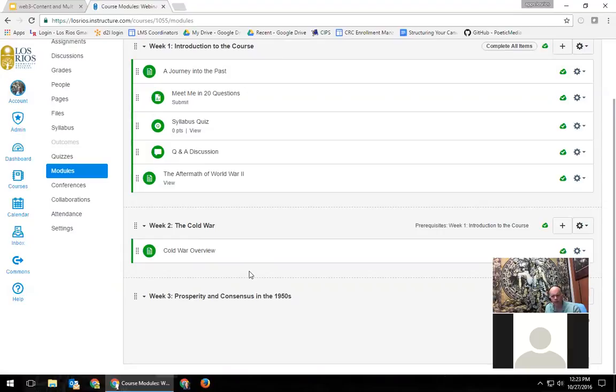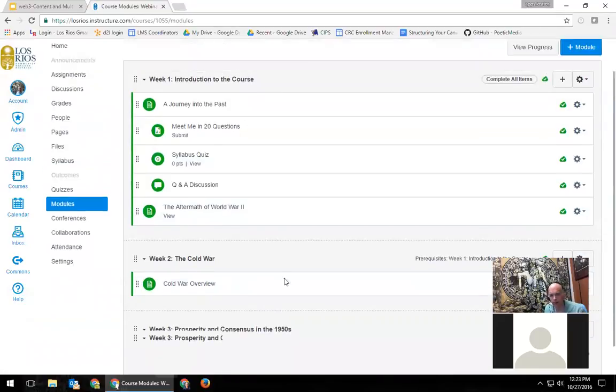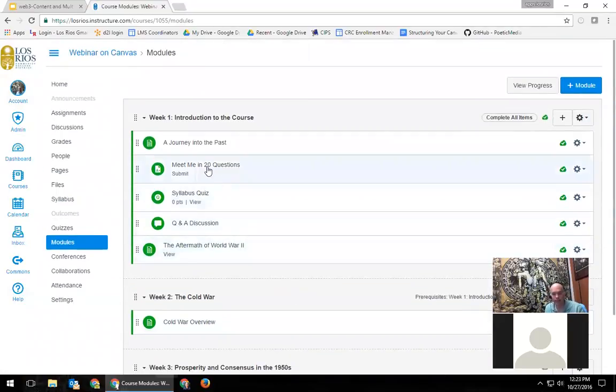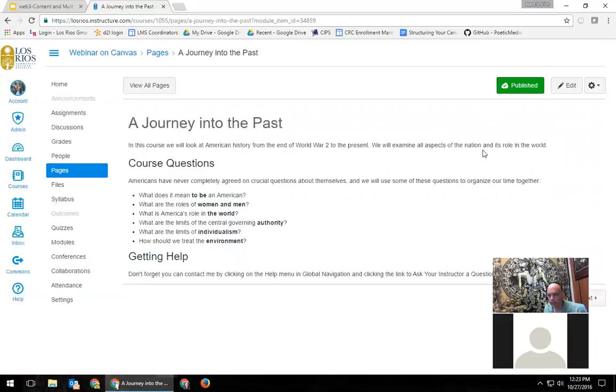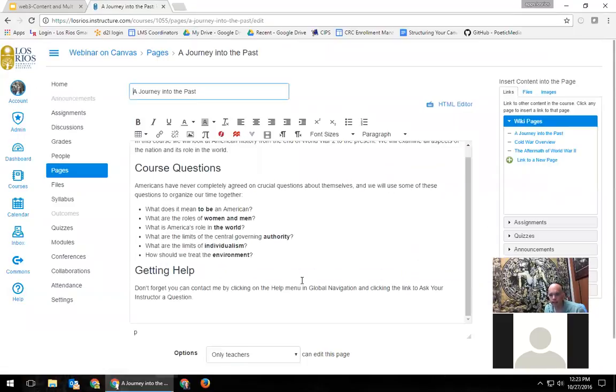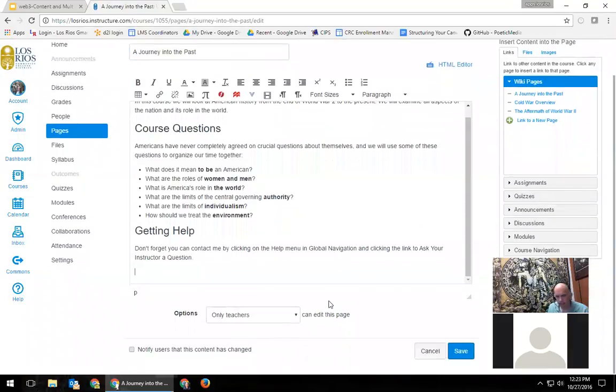So I hope that makes sense, and I'm going to demonstrate it right now by adding a link back to the syllabus, which is my suggestion for practice. To do that, I'm going to edit that page I was just editing, called A Journey into the Past. Again, click on the edit button to edit it, and at the end, I'm going to add a note,